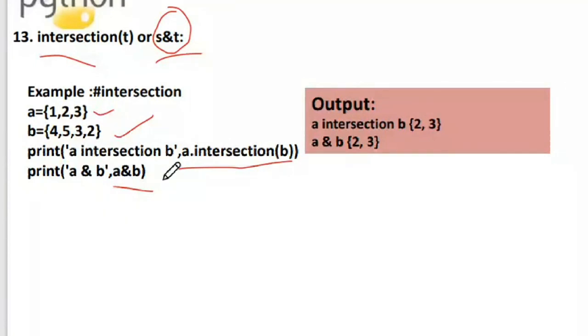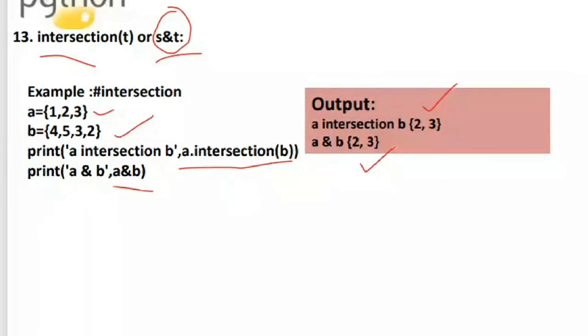When you apply it on the sets, don't get confused with AND. Here you're applying it on the set, so it will bring out the common elements between both the sets. What are the elements that are common in both set A and set B? 2 and 3. So I'm getting 2 and 3. I can give it using a method, or I can say A and B also. Is this intersection clear? Yes, ma'am.